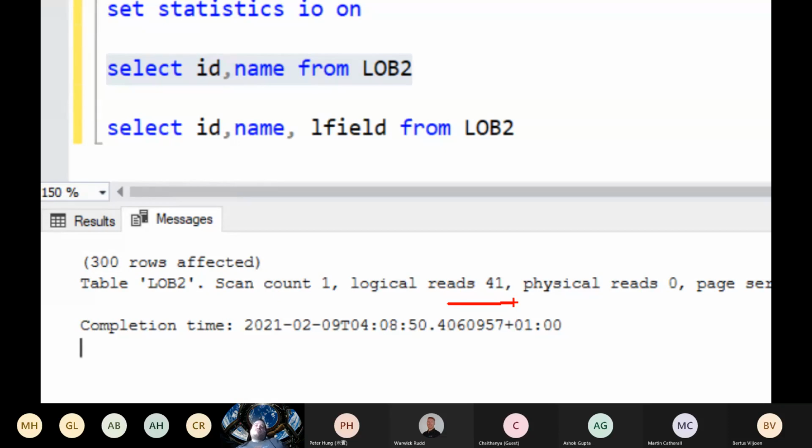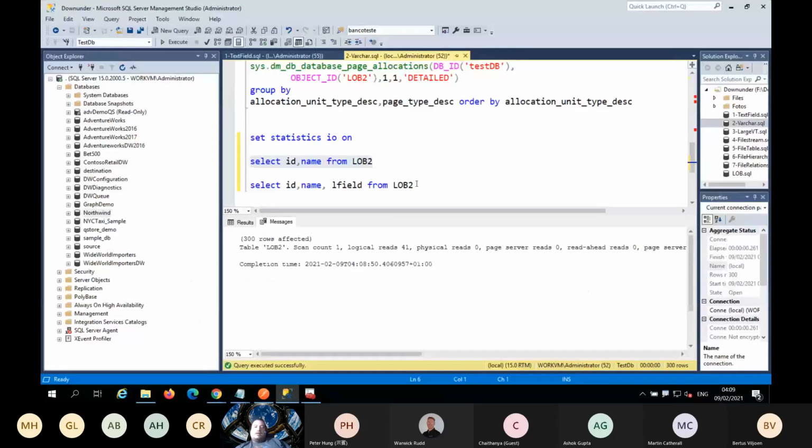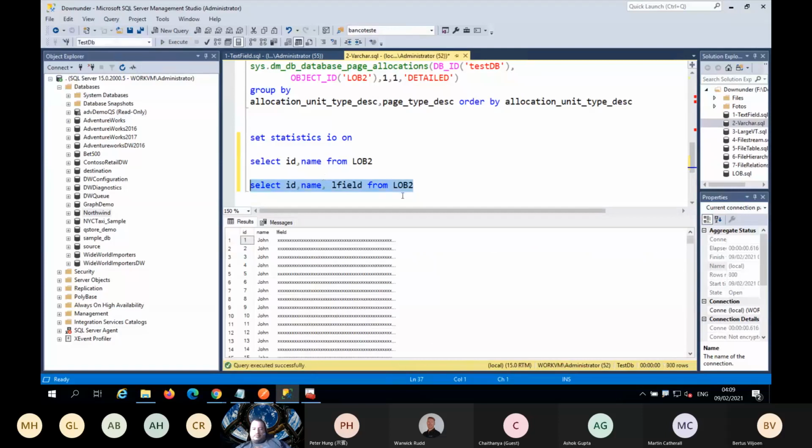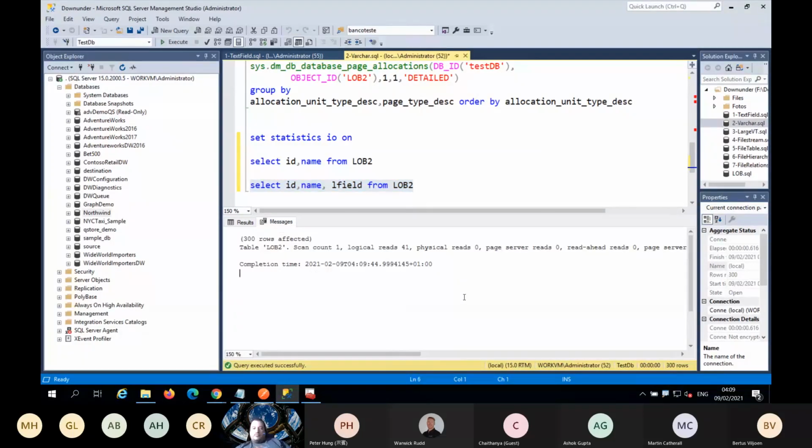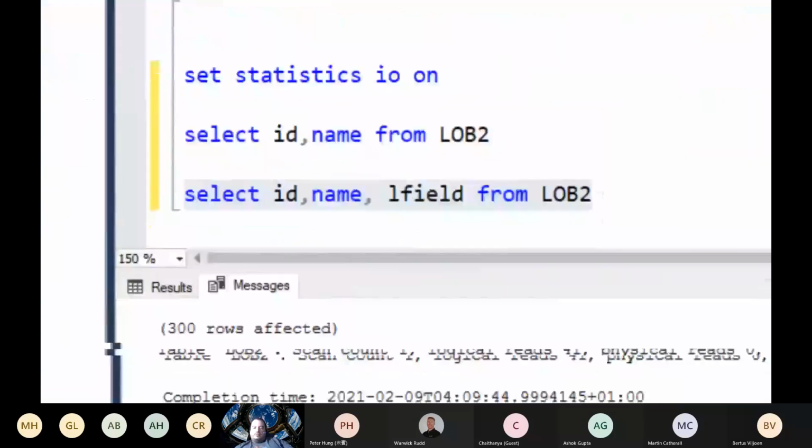But the way the fields are stored made the query on lob2 spend 41 logical reads, while on the old table it was spending only 3 logical reads. And of course, if I include the L field, it will not be better in any way. I have the 41 logical reads,